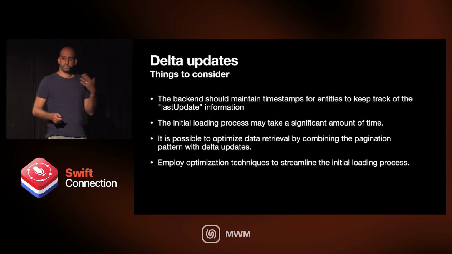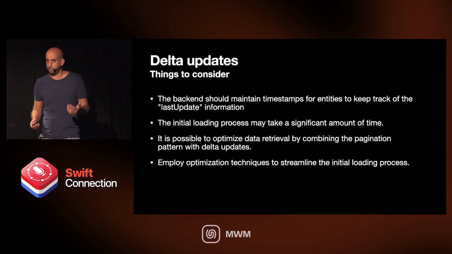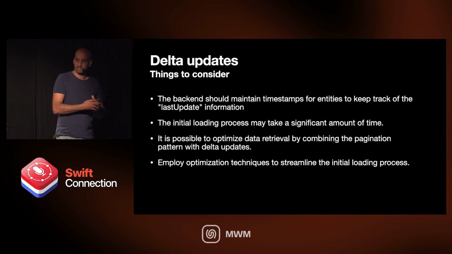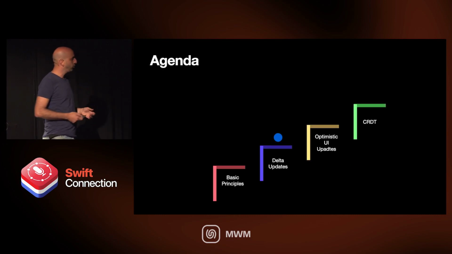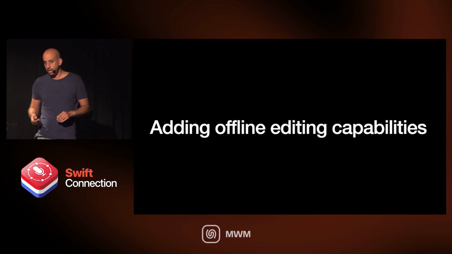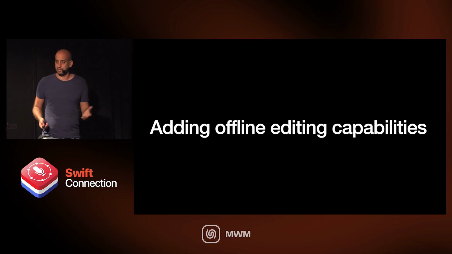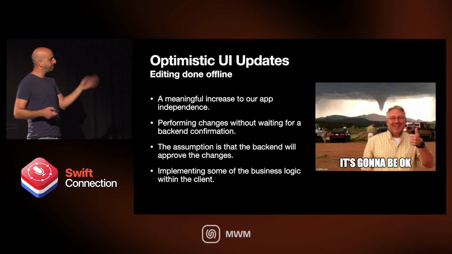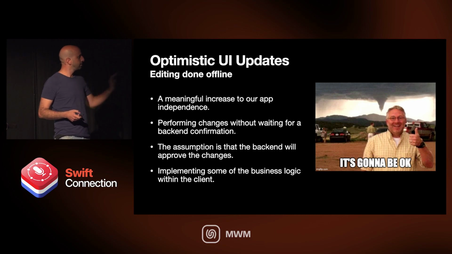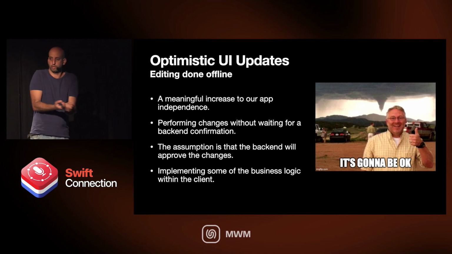But I want to increase it even more, because there are many apps that are productive, and you need to create data offline and online. And then we have something that's called optimistic UI updates. Now, optimistic UI updates talk about how to add offline editing capabilities. And we call it optimistic UI updates. It's going to be OK. That's fine. We call it optimistic because we know that when we add something, we create the content offline,